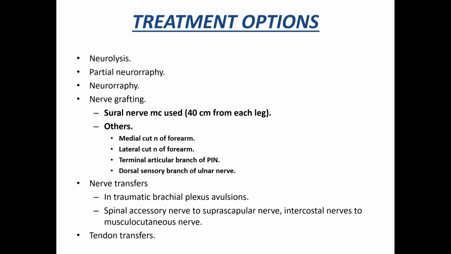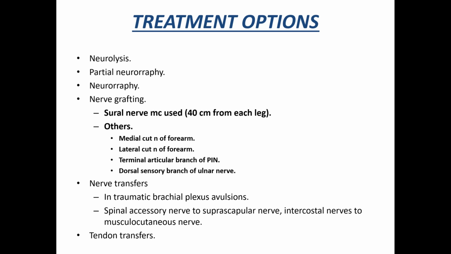And lastly, what we can do is tendon transfers. So tendon transfers are the procedures which can be done when the nerve recovery does not occur or fails to recover, or in a scenario where too much delay has occurred because of nerve injury and the nerve recovery cannot occur. So if the repair has failed, if the recovery is not occurring after a successful repair, or if the patient is presenting very late, then tendon transfer can be done. Now, what is the tendon transfer procedure? In tendon transfer, the tendon of a healthy muscle is used and reinserted into the tendon of a paralyzed muscle